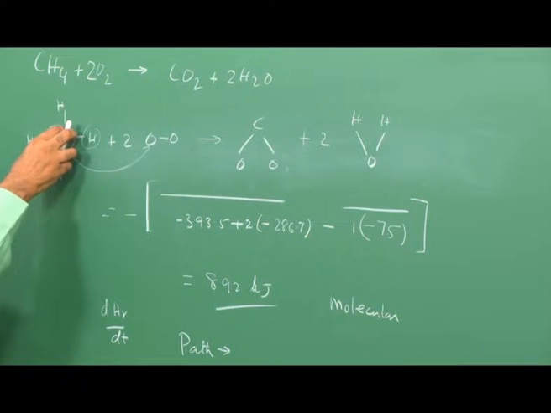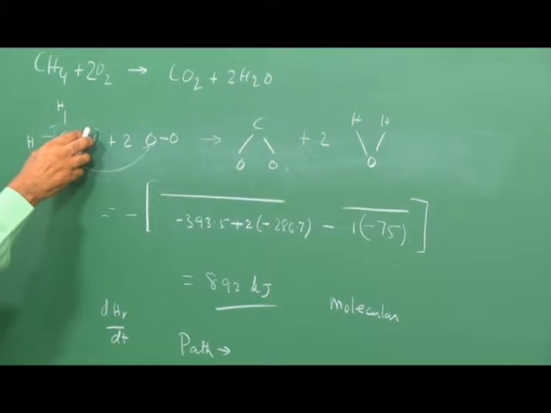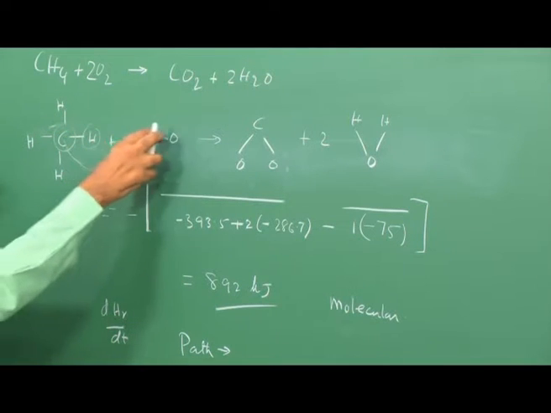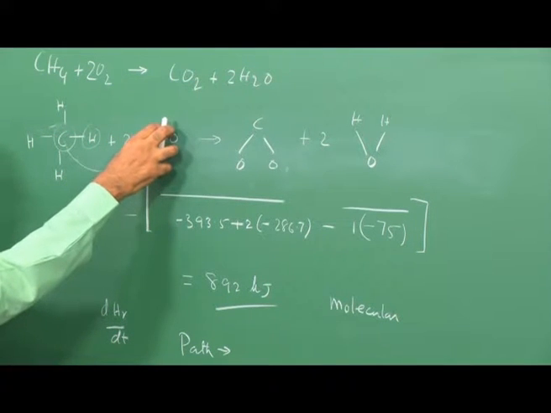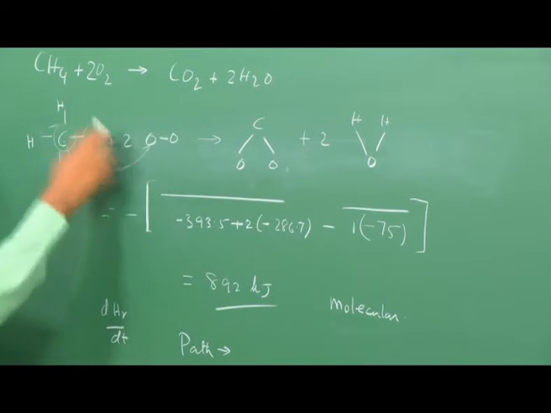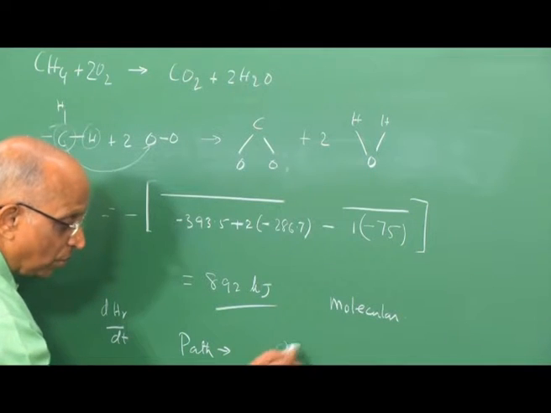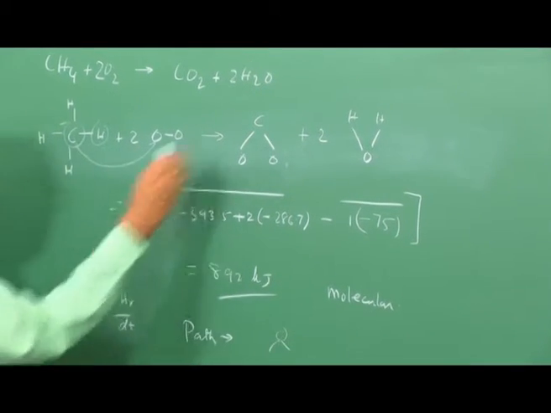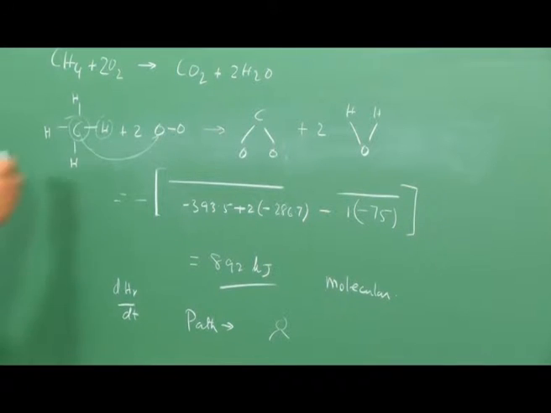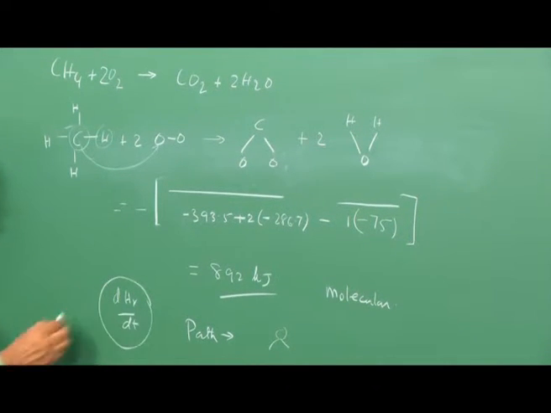1 mole is going to contain, we said, Avogadro's number, 6.023 into 10 to the power 23 molecules. This is going to contain 2 into 6.023 into 10 to the power 23 molecules. Each of the molecules must collide with each other and knock it out. That means the collisions must be energetic. It must also have a way of impacting such that I am able to knock out the molecules. That means the geometry of collisions is important. And I must consider all these aspects when I take a look at the rate of a reaction.